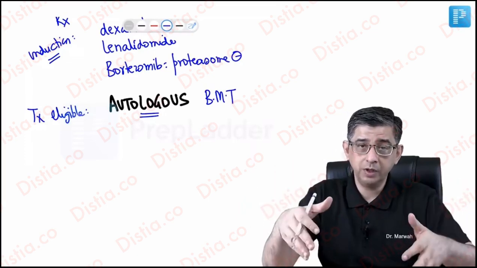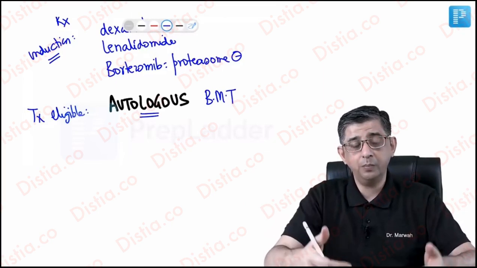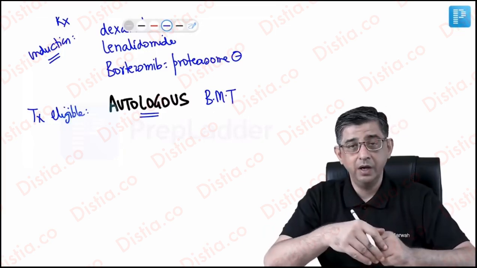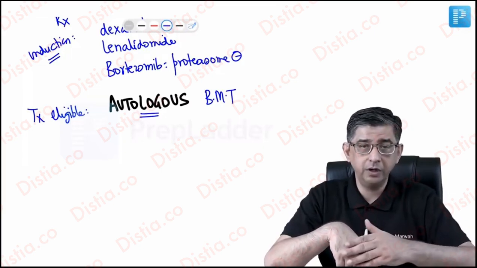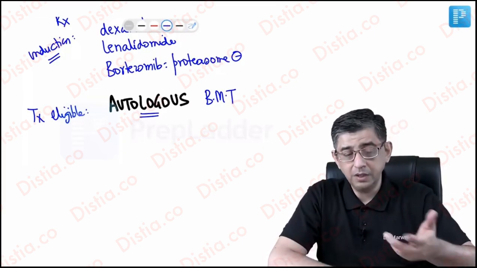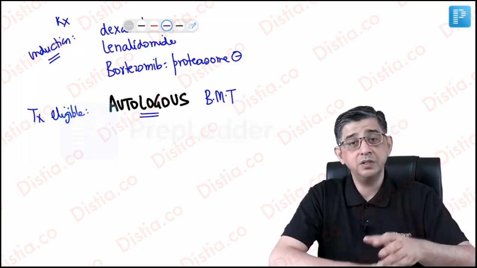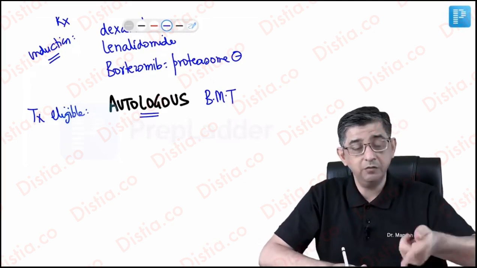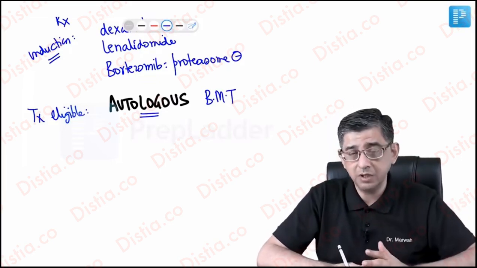I'm going to give so much GM-CSF that the good guys in the bone marrow will now come into the bloodstream, where I'm going to extract them with the process of apheresis. Like you read about apheresis in single donor platelets, lots of you would have worked in a dengue ward and seen that we use apheresis for platelets, for SDP. I'm going to do apheresis and take out those normal cells from the blood of this patient and give them back to this guy. Why give them back to this guy? Why not continue with GM-CSF injections?